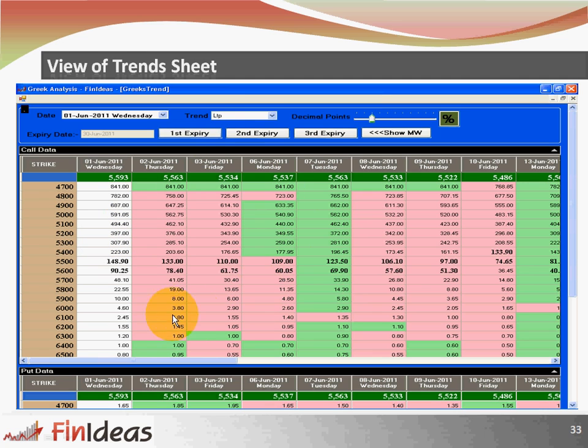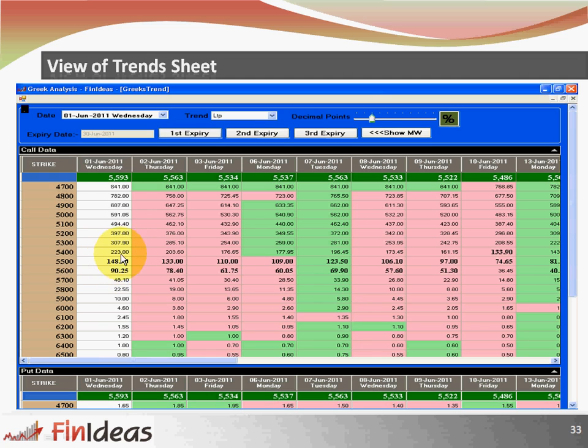The form is showing you the LTPs of different strikes on that day. Like on 1st June, the 5500 call was running at 148.90. On 2nd June it came to 133. On 3rd June it came to 110. And again the color, this red color signifies that the price has come down compared to the previous day.